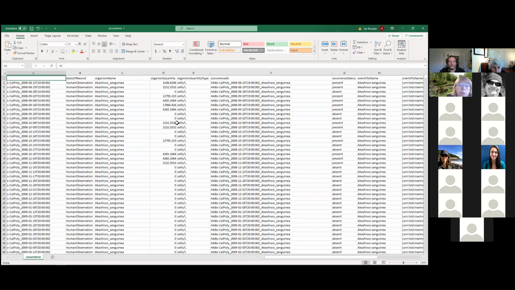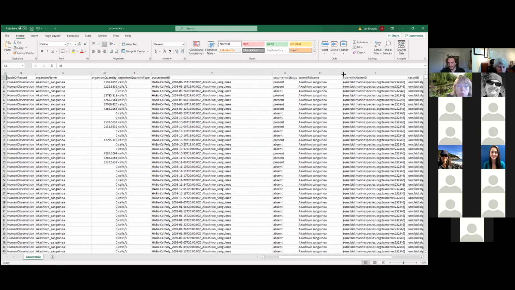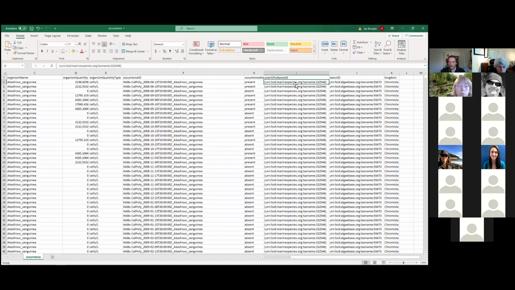And so all of that data on this organism was measured during this sampling event, with this quantity or with no quantity, that is all in ERDDAP already. So it was just a matter of reconfiguring it. For example, here is one of the GBIF OBIS requirements, the scientific name ID, and I think taxon ID. And so these are what we're pulling out